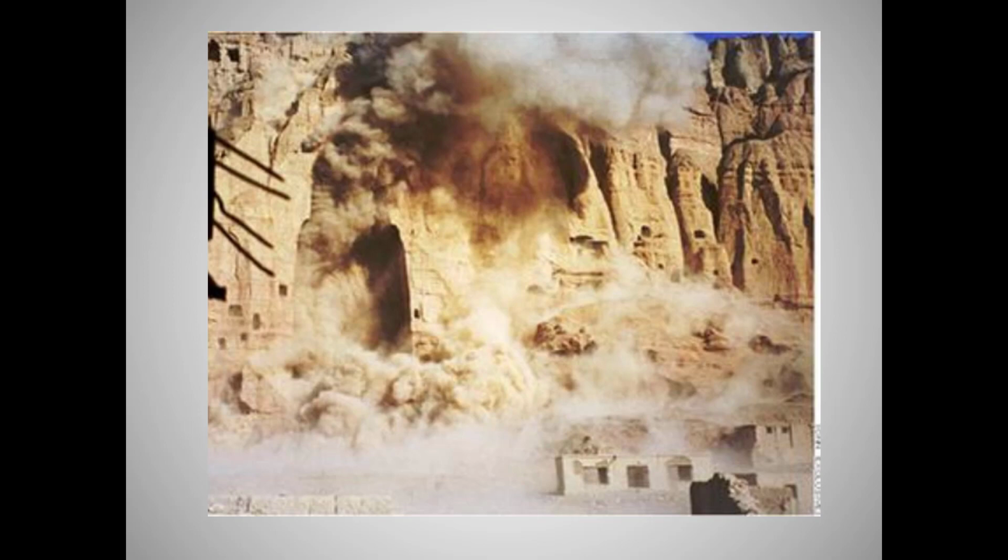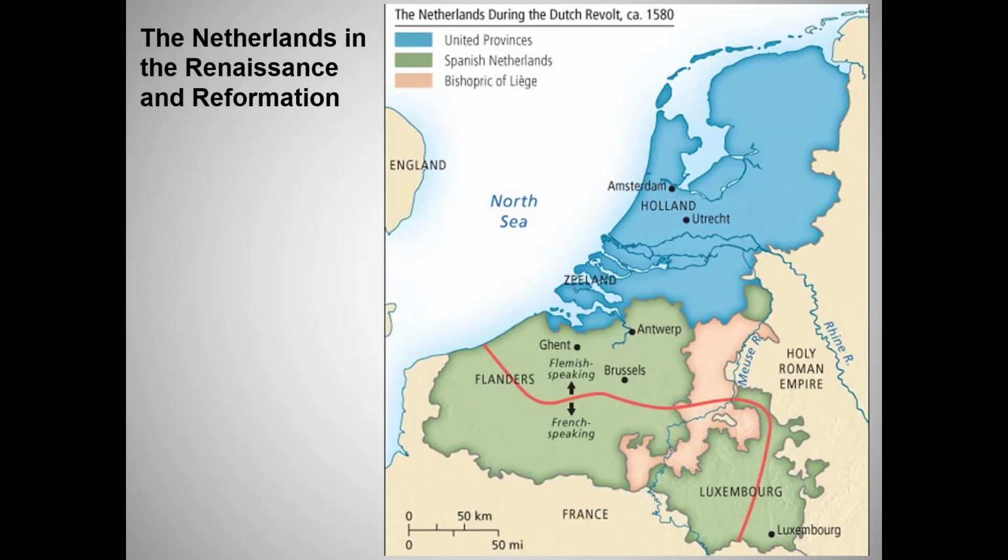We'll end this unit in what would become the Netherlands, but at this point is part of Flanders and then the Holy Roman Empire. The Netherlands were an epicenter for the religious debates and then the religious wars that broke out across Europe in the 16th century. To add to the turmoil, Flanders and Holland were now ruled by the Habsburg family. First, the Holy Roman Emperor Charles V, that's the ruler who called Luther to appear at the Diet of Worms, and then his son Philip II of Spain, who was the political leader of the Counter-Reformation.